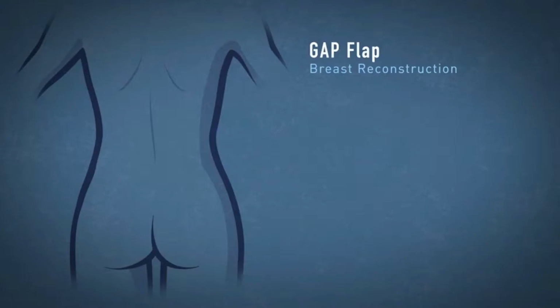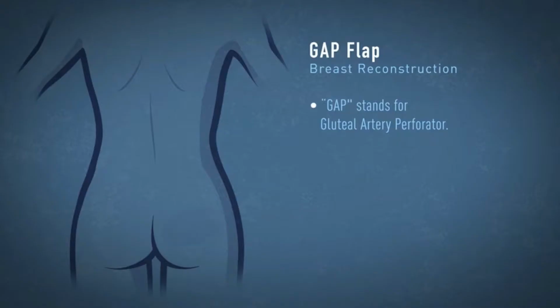For patients that don't have abundance of tissue in their abdomen or they've had prior abdominal surgeries, the GAP flap is a great option. The GAP flap stands for gluteal artery perforator flap. It's based on the tissue from the buttocks. It's a tissue that's supplied by a small branch of a blood vessel that comes off an artery and vein